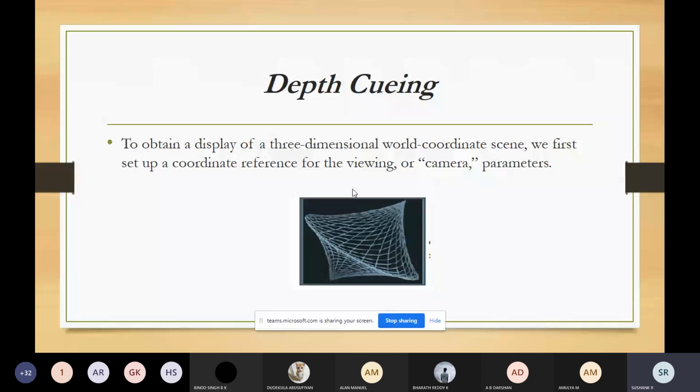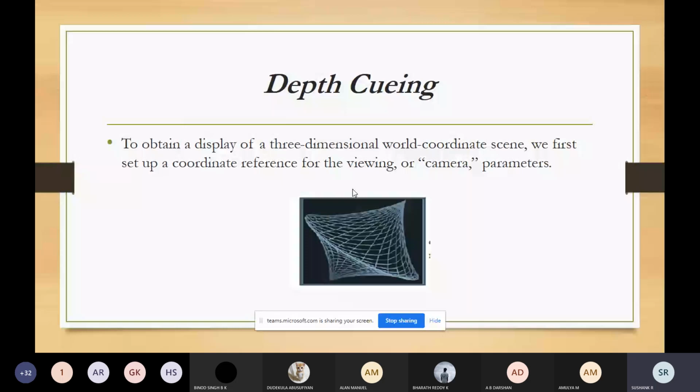The intensity will be more near the viewer, and it will gradually reduce as it moves towards the center of the object. That is how this is used in computer graphics. We vary the intensity of the line segments based on the distances from the viewing position.